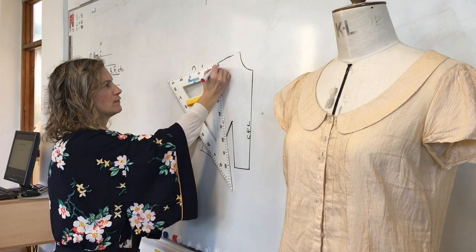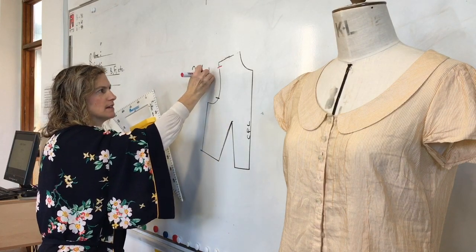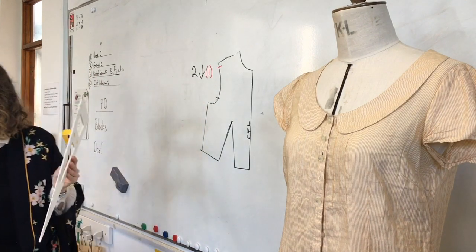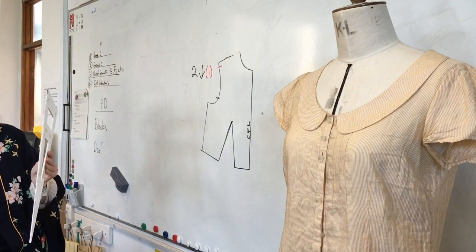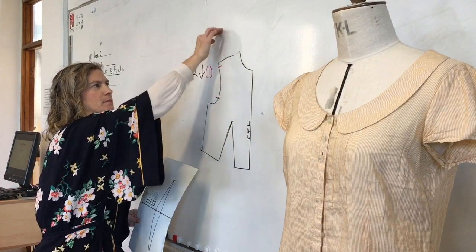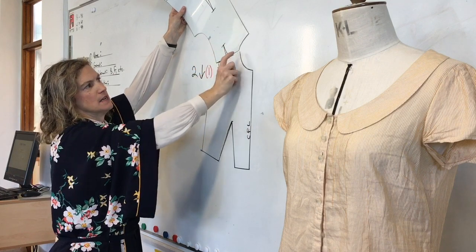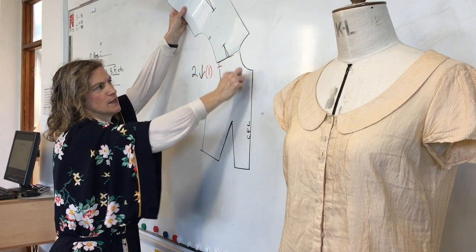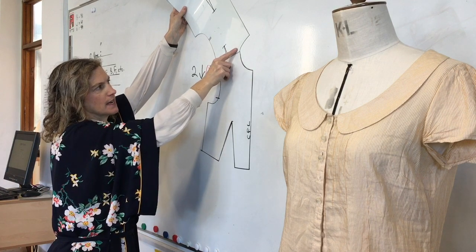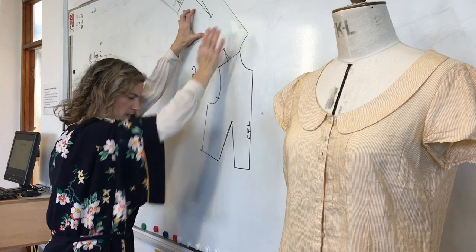1 centimeter down from the shoulder on the arm side there. That's half scale, so I'm writing in the measurements in half scale in red. So that's what you do. You use the back. So this is the front, and we need a front and a back together. So we place the back here next to the front along the shoulder line, put the shoulder points together and pivot this until it hits that. Then you've got to